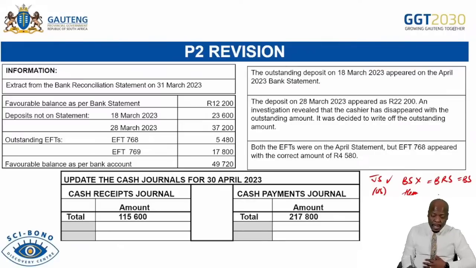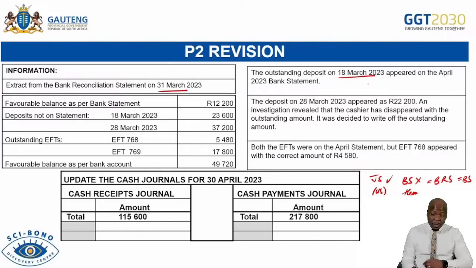Okay, so now in this case, you will see that we have information that is on the bank reconciliation statement in March. And we now are given information. The first one reads, the outstanding deposit on 18 March. Very key that you take a pencil so that whenever you deal with a transaction, you tick it off to say, I have dealt with this transaction, so that you don't spend time going in circles. Remember in an accounting exam, time is of great importance. You need to manage your time and move as fast as possible.